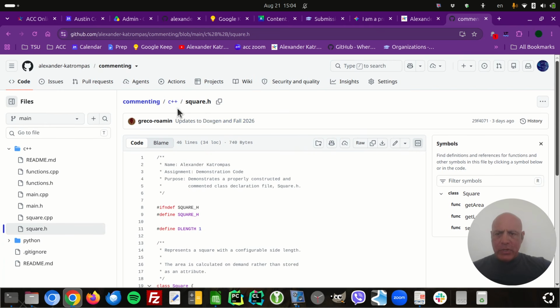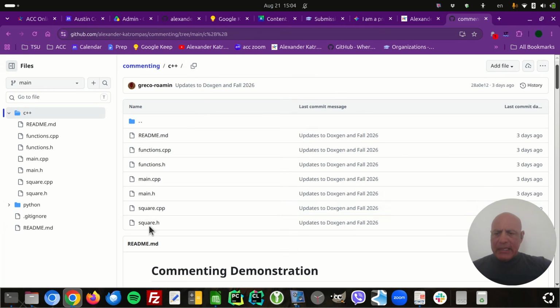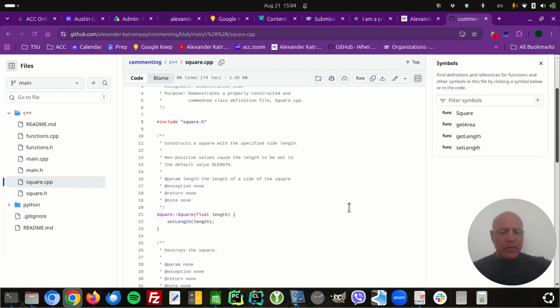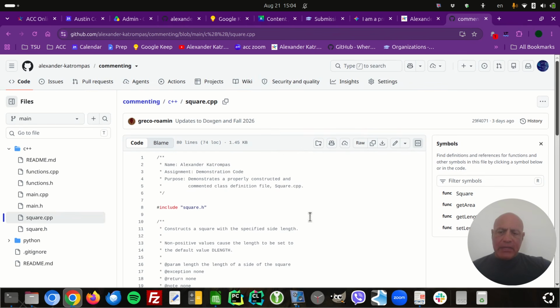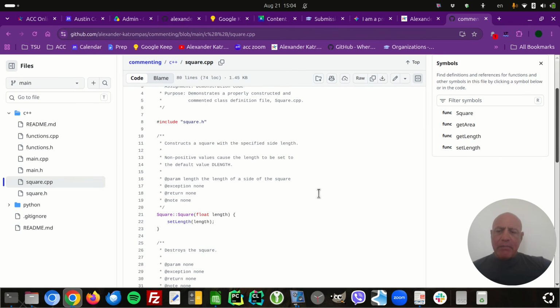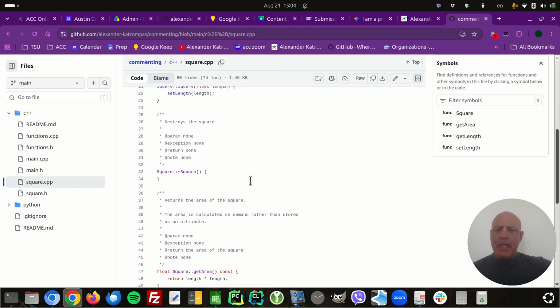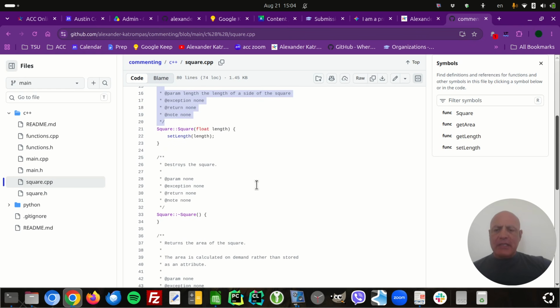So that's your header file. And in the implementation file, the actual code, it's exactly the same as all the other functions. These are methods because they're inside of a class, but it's the same thing. Functions and methods are the same thing. So you just have exactly the same kind of function block at the top of everything. So even when things don't exist, you put them there.